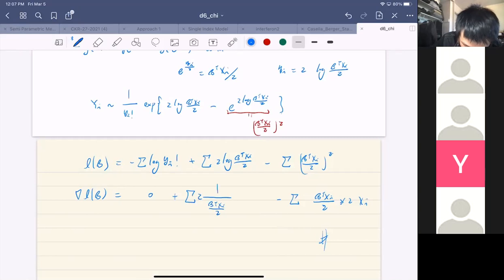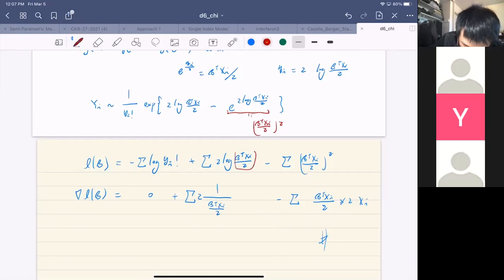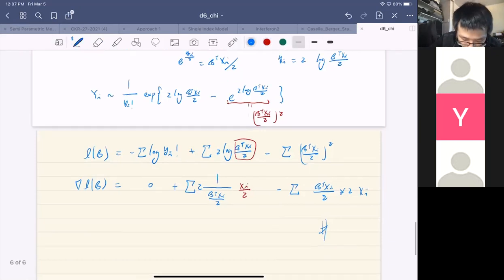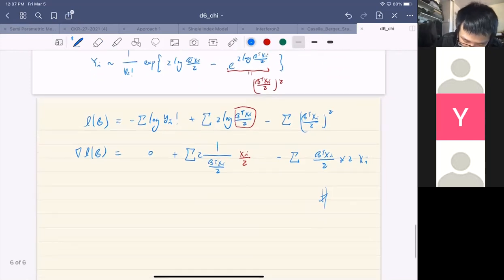And with the chain rule, it should be like the Si. So the solution will be, we cancel these two, minus the